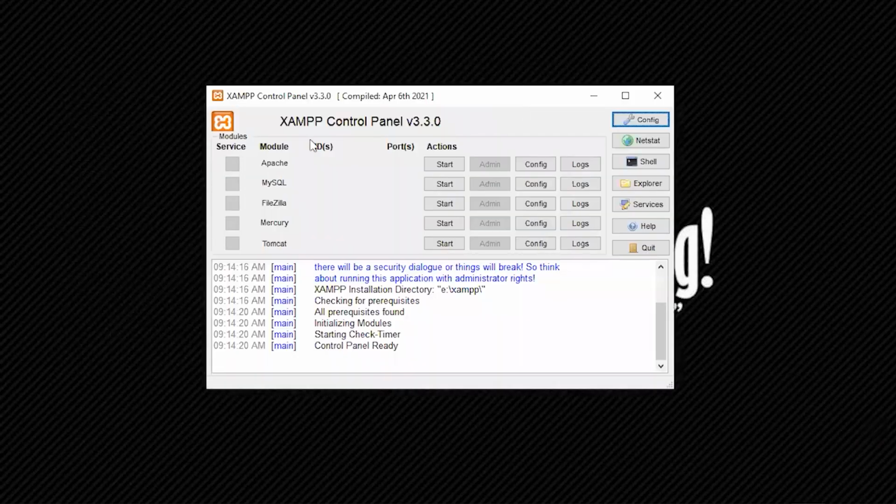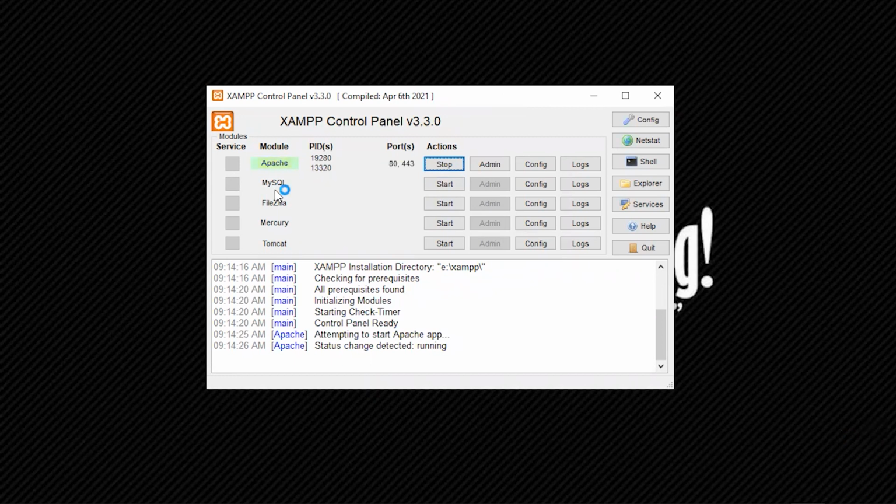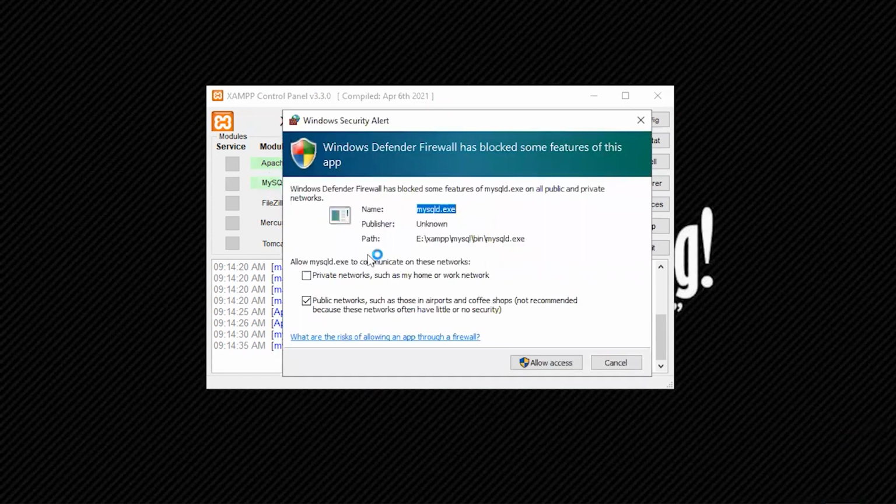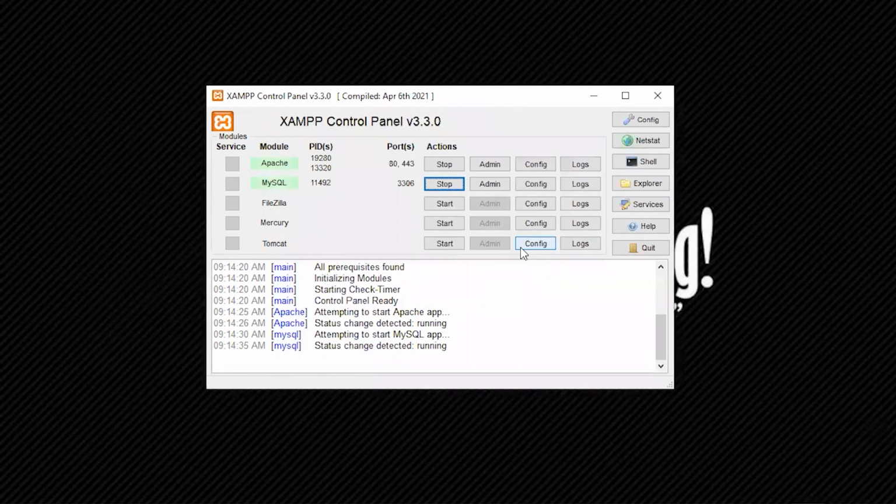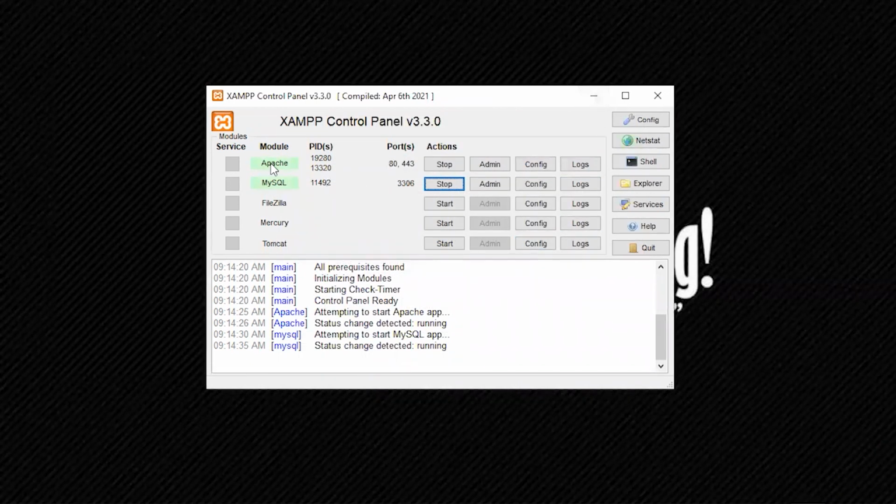So you will see this kind of screen. Now click on start on Apache and click on start on MySQL. Wait for a while until it turns green. When you start it the first time, it will ask to allow access, so click on allow access. It will ask for the MySQL exe access. When you see this kind of green and your ports are filled with some random numbers, then minimize it